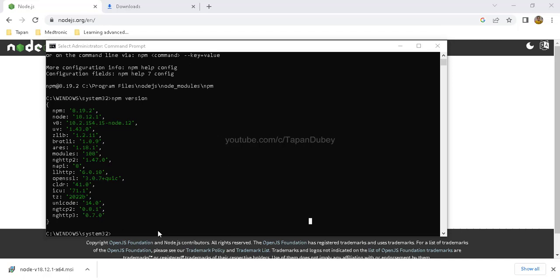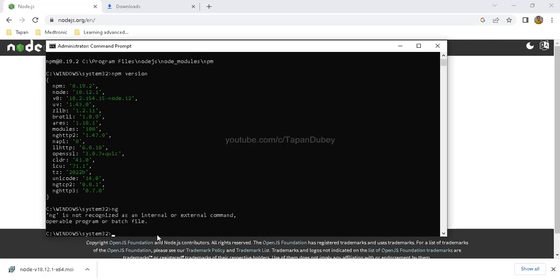Now the next thing we need is Angular CLI. So let me run ng again. We can see ng is not recognized. So we can install Angular CLI with the help of npm. So npm, then I will type i. This is for install, and we are installing it globally. So let me say g, and then we can say Angular